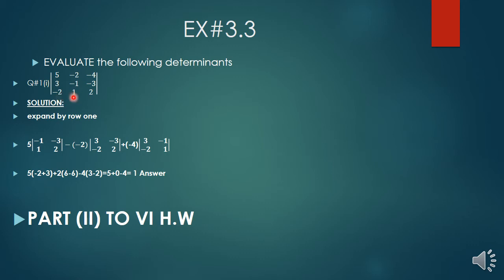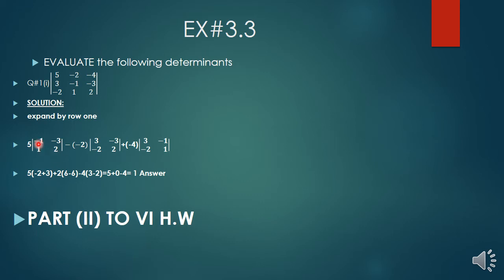So what are the remaining entries? 3 -2 -1 and 1. Now student, you know how to take the determinant of a 2 by 2 matrix. So you can multiply the corresponding diagonal entries with minus sign of formula in the center.